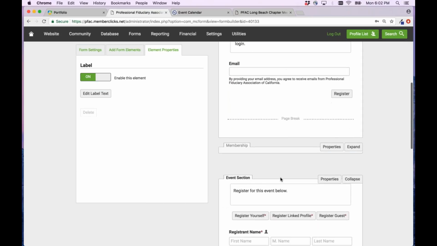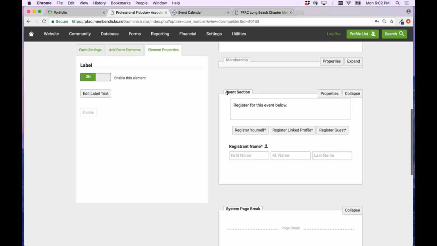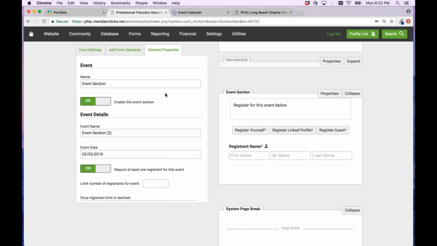Okay, we're going to work our way down, and now we are in the event section. This is so crucial, y'all. Note, I said they will see every label as they navigate from section to section. You do not want this to just say event section. You always want to update this tab, because that doesn't make sense, right? You always want this to say something like